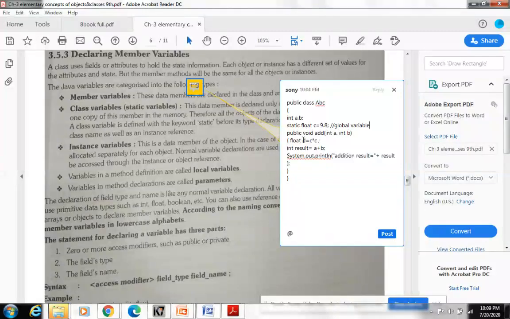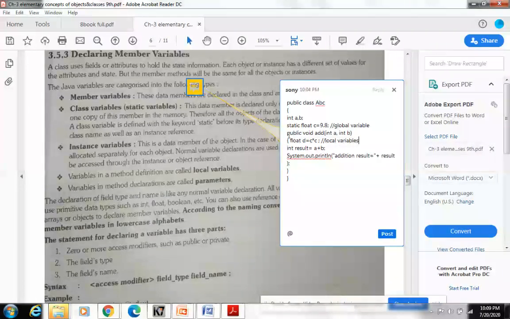But if I declare these variables inside the method, like I have declared D here and result here, these are known as local variables. That means these are visible in the method only. Parameters, local parameters or local variables, you can say.